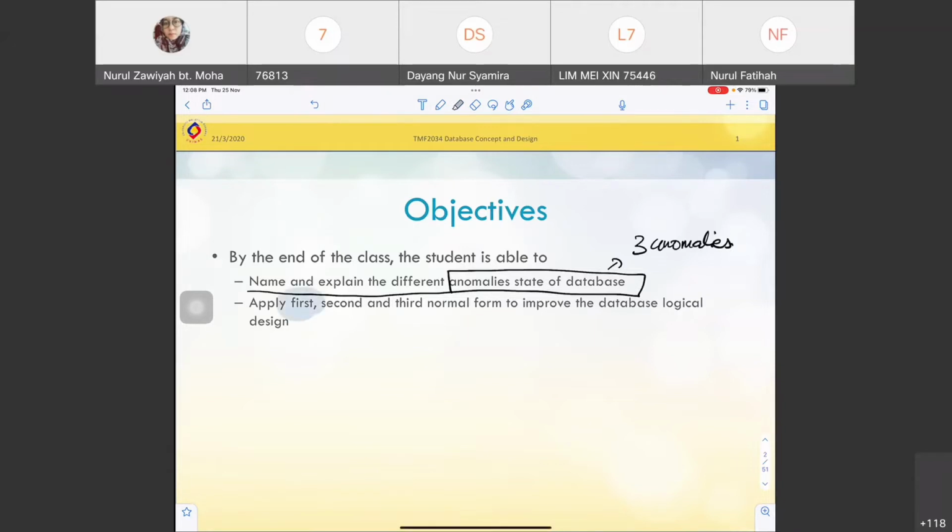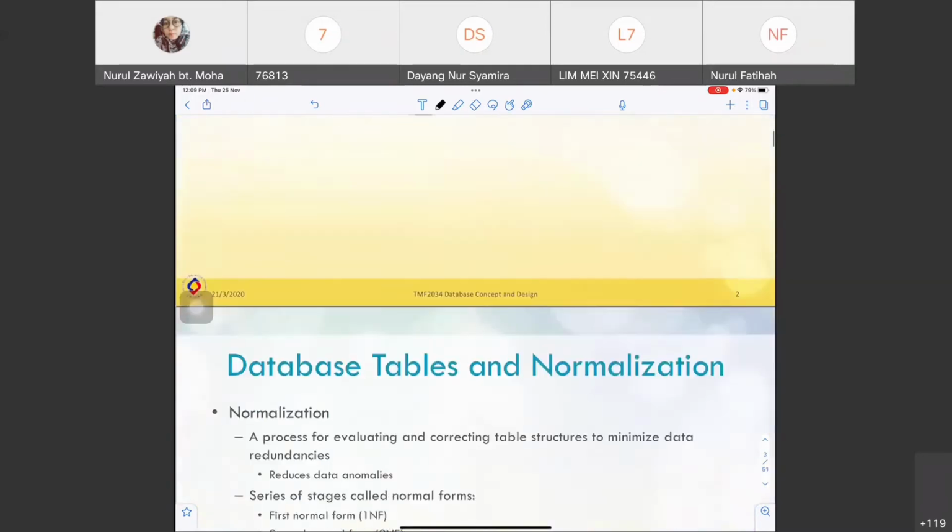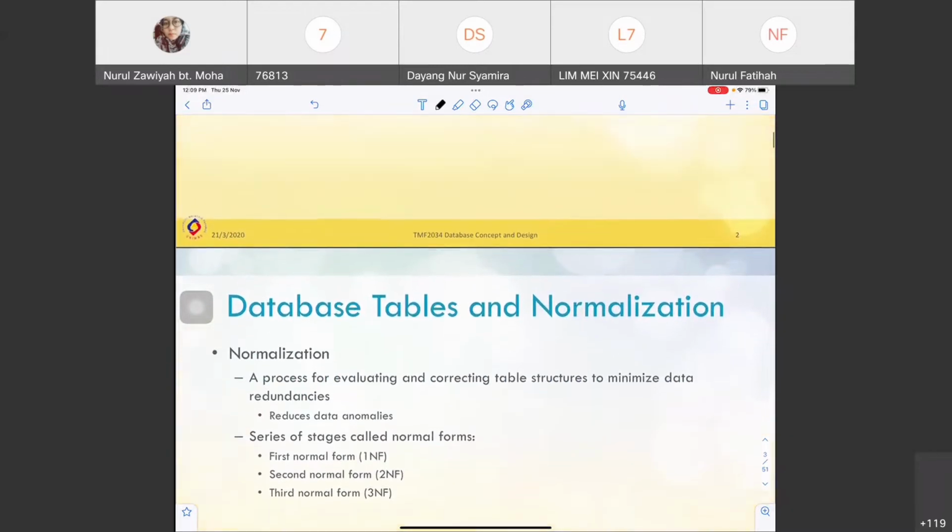But today I will cover only the first normal form because this is crucial, it will define whether your second and third normal form will be correct or not. So you have to start with a correct first normal form. Okay, so there will be two things that we will learn: the anomalies, why normalization, and then how to apply the first normal form. Okay,